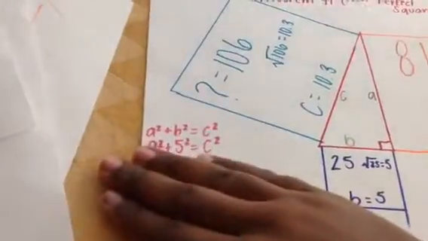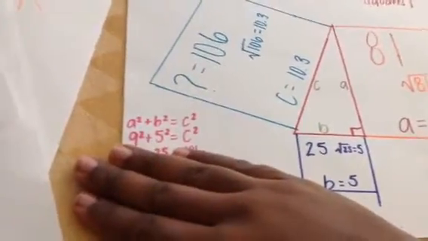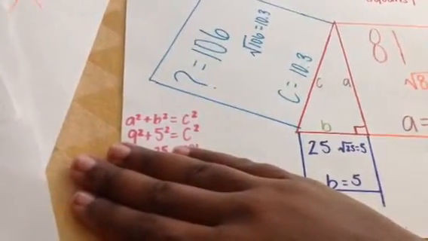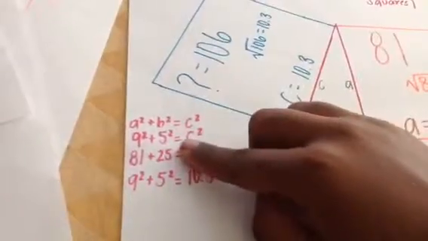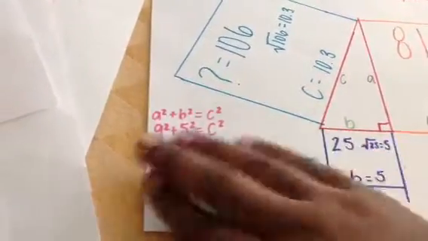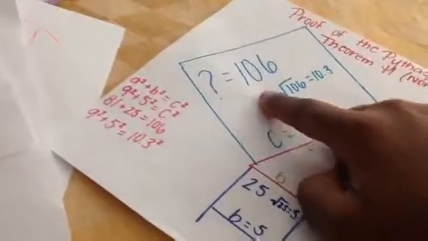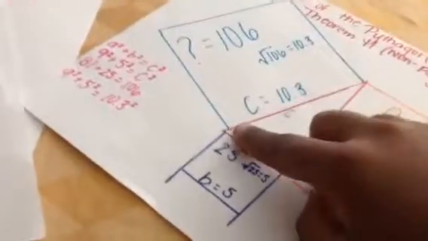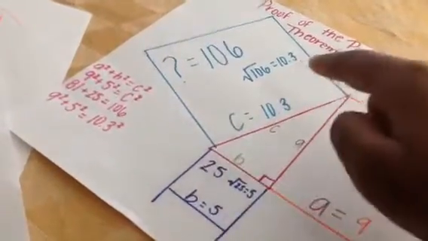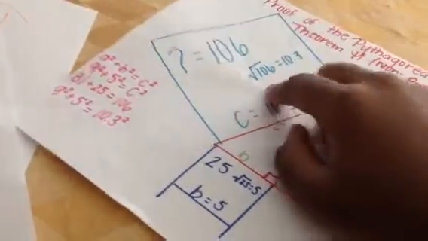Now let's look over here. A squared plus b squared equals c squared. 9 squared plus 5 squared is c squared. Now you square that, you get 81 plus 25, and that gives you 106. So that makes our c squared 106. Now we have to find the side length of side c, so you just find the square